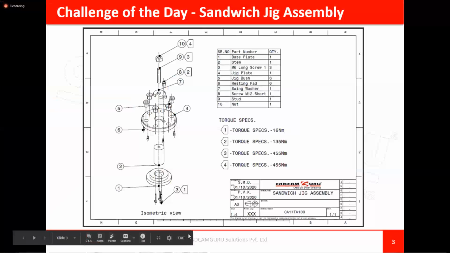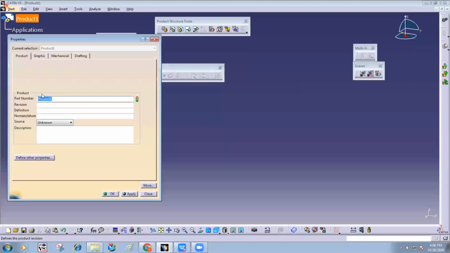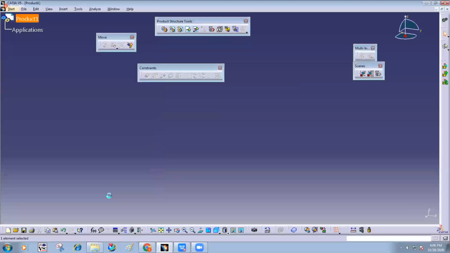Sandwich jig assembly. Give the name here. Sandwich jig assembly. Okay.